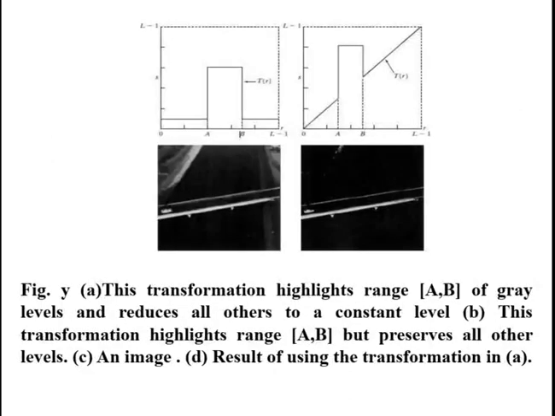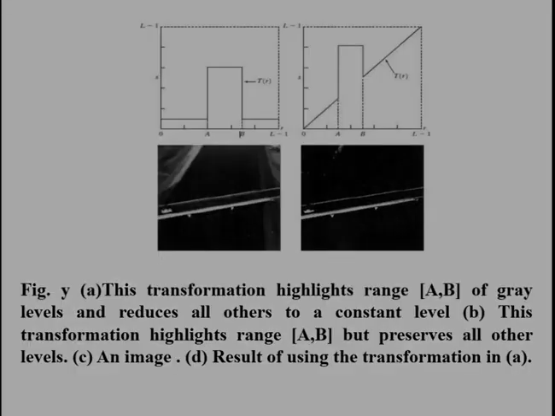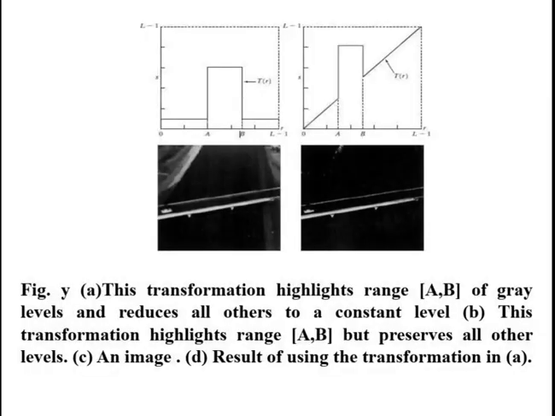This figure shows the representation of intensity level slicing or gray level slicing. One approach is to display in one value, say white, all the values in the range of interest and in another, say black, all other intensities. This transformation produces a binary image. The second approach brightens or darkens the desired range of intensities but leaves all other intensity levels in the image unchanged.